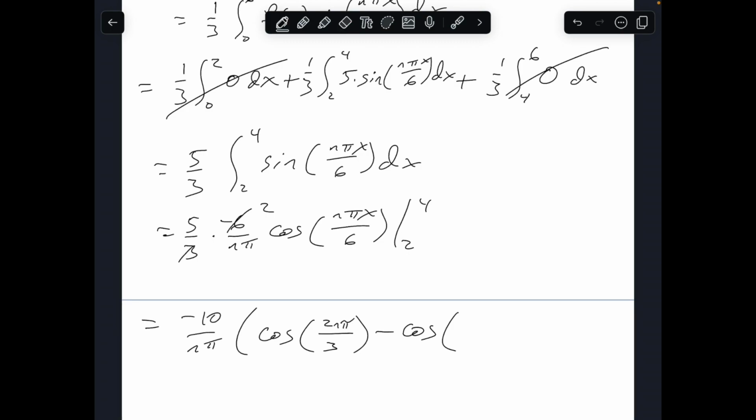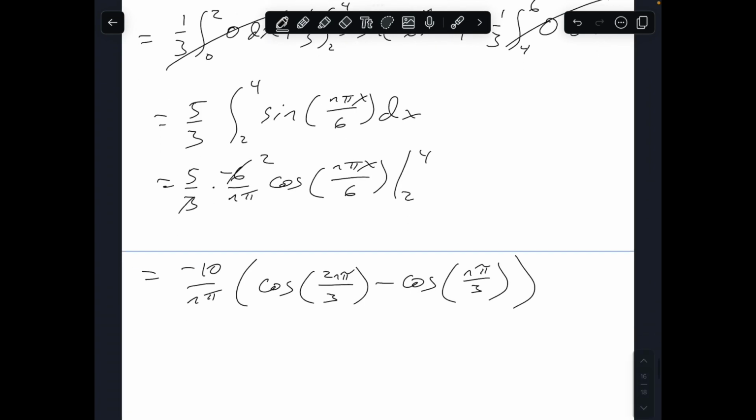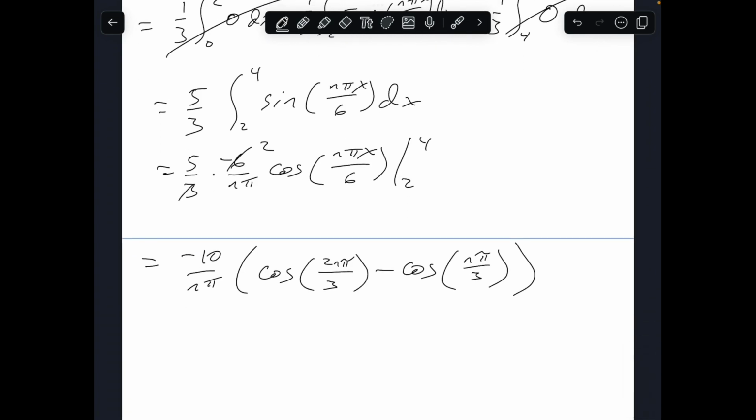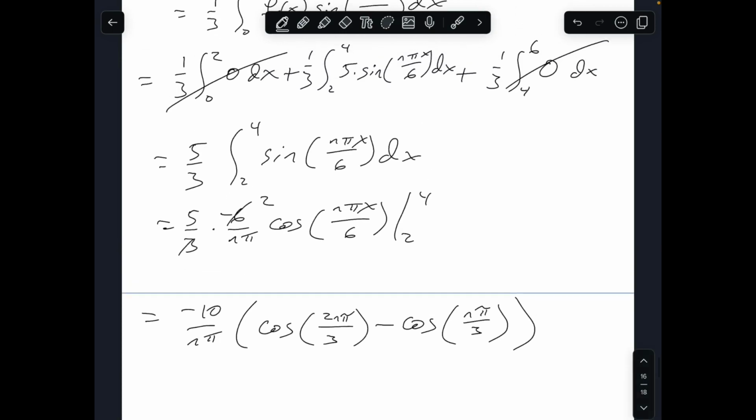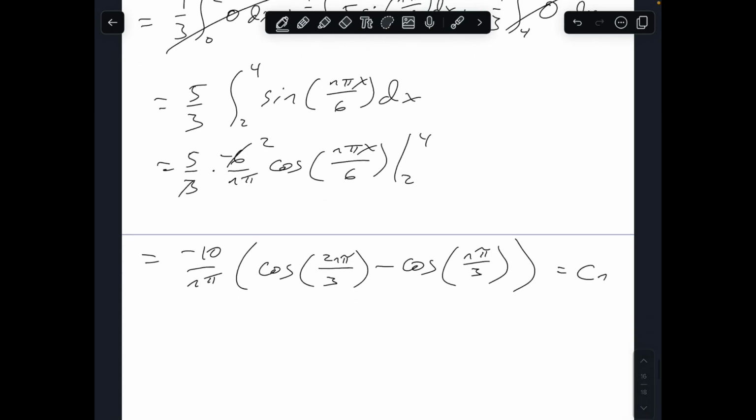So I'll write that as 2n pi over 3. And then when we plug in 2, this becomes n pi 2 over 6, which becomes n pi over 3, like so. And so these are our coefficients, Cn,